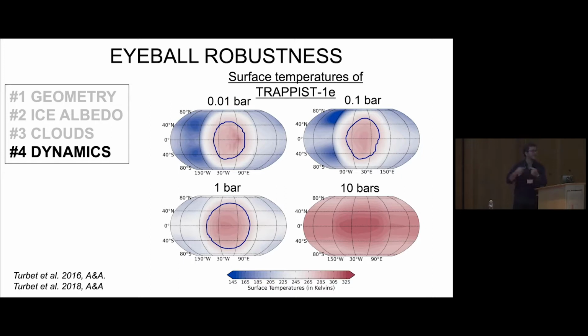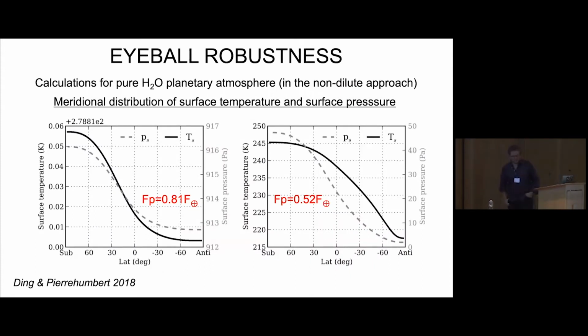So if you do that, you will increase the temperature contrast between the day side and the night side, but it will tend to increase locally at the substellar point the surface temperature, which will again maintain you in an eyeball state. The only case where this might actually not work is the purely theoretical case of what happens if you go even beyond that and you completely remove the background gas. So you are in the case of a planet that is completely covered by water, and the only gas you have in the atmosphere is water vapor, which has to be produced because of Clausius-Clapeyron laws.